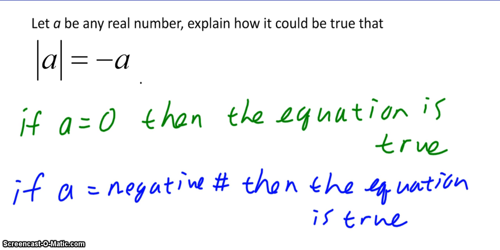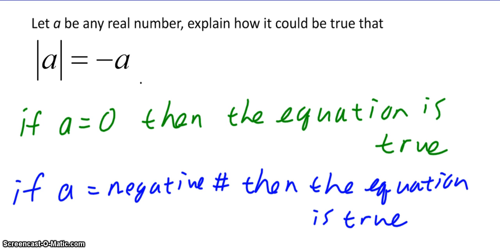Okay, so the two ways that this could happen is, one, if A is equal to 0, then the absolute value of 0 is going to equal negative 0 because negative 0 is still 0, so then the equation would be true. The other way, and this is where we need to understand when we say negative of a number,